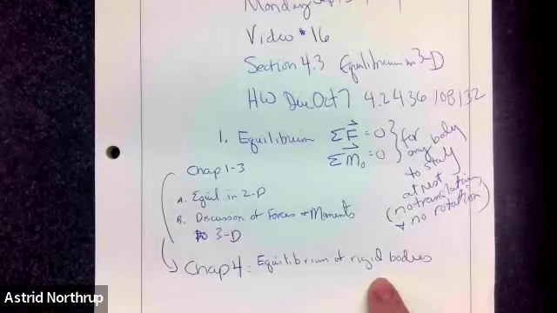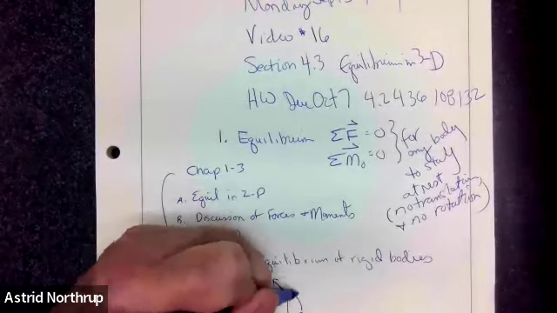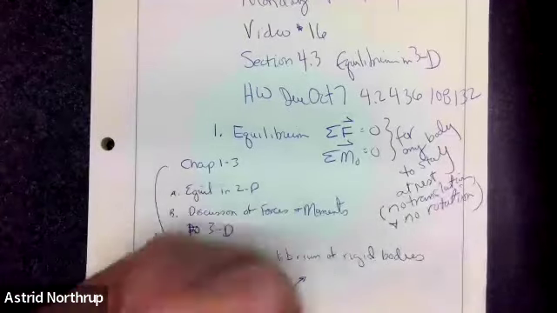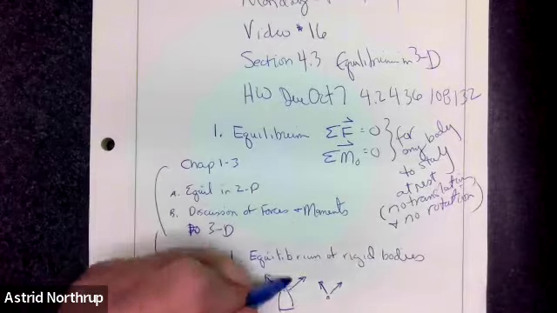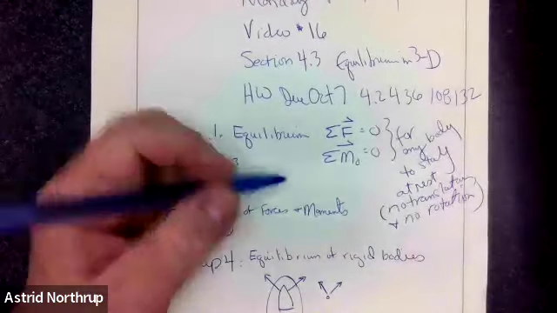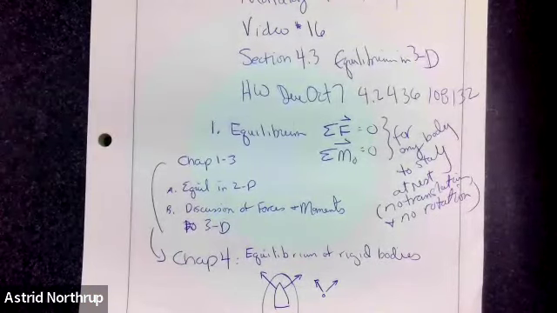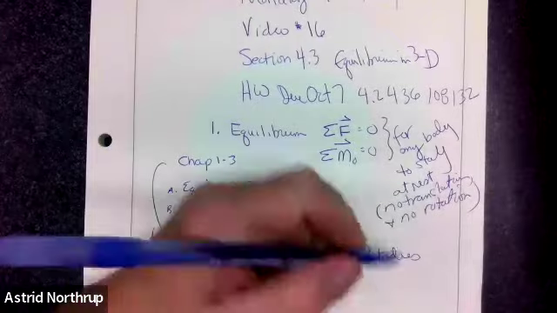And when we say equilibrium of rigid bodies, what we really mean is, if we in the past were talking about static equilibrium in 2 dimensions, we really were talking about a point, okay? Or in other words, we did not take into account the idea that the shape and the size of the object that was being acted upon had a shape. Because, for example, if you have,